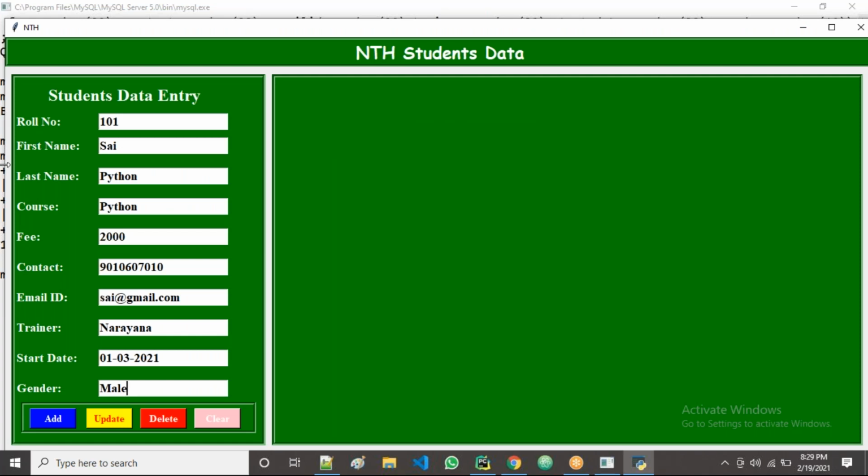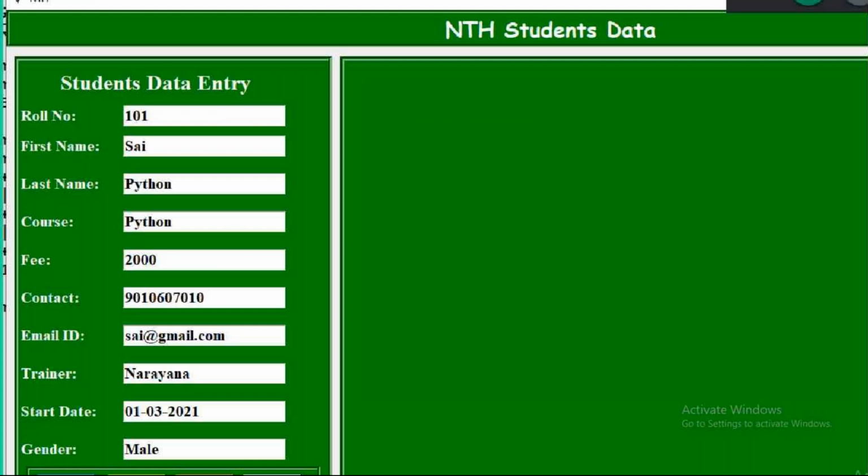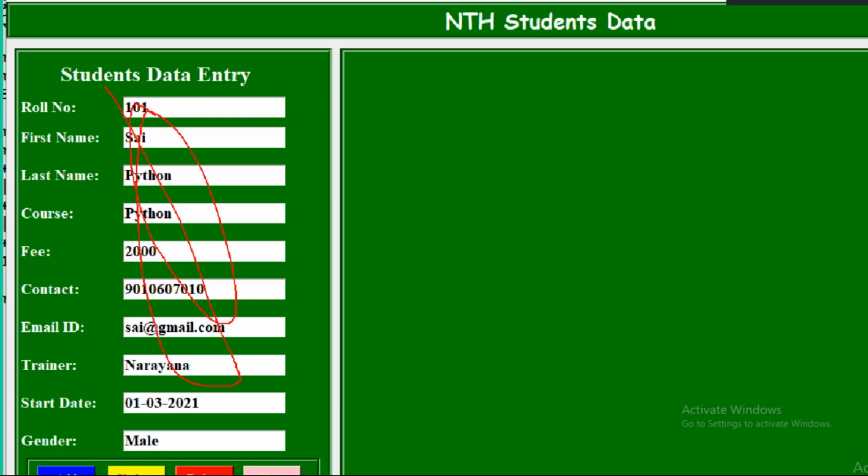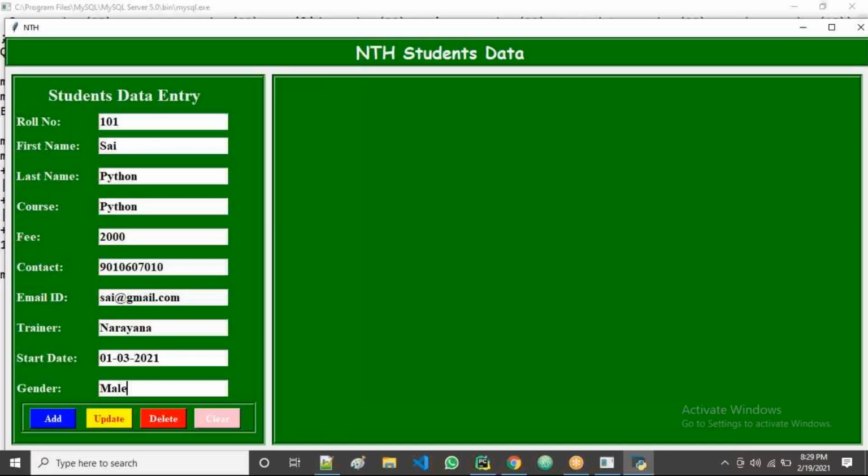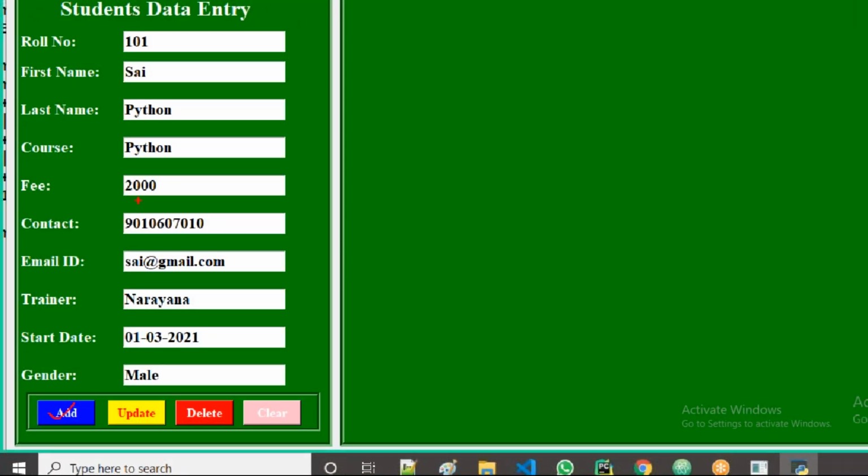Now let us try again, guys. See now what I want. See now this data is there, right? This data is not disappeared. Actually, what I want now, I want to clear this data, guys. Whenever the adding is over, immediately the data I want saved in the database, and I want to clear this one automatically. That's what we see next, how to clear the data after adding is over.